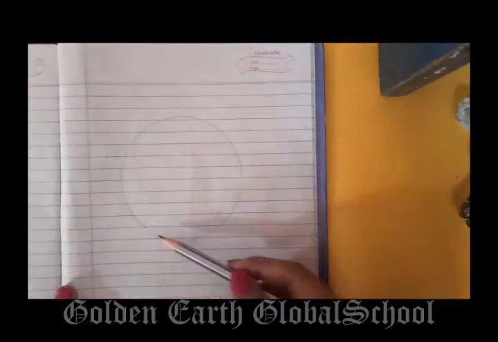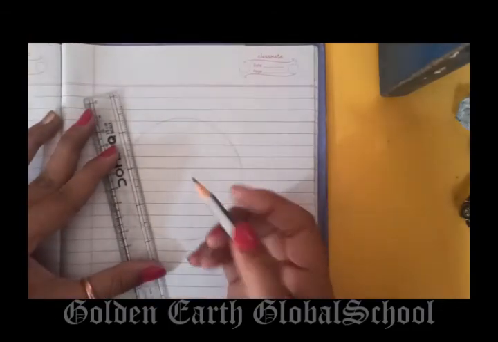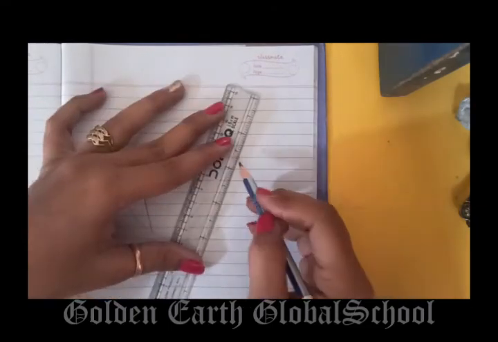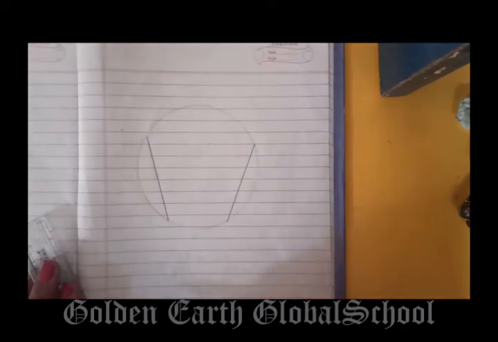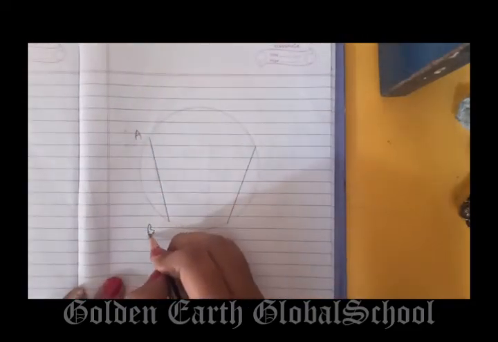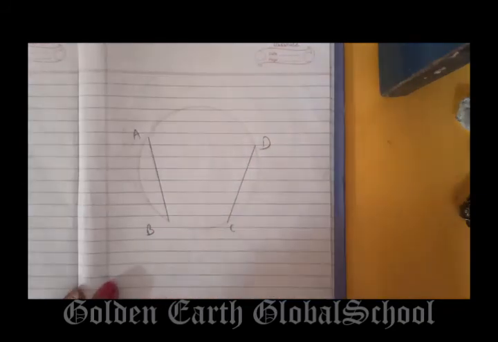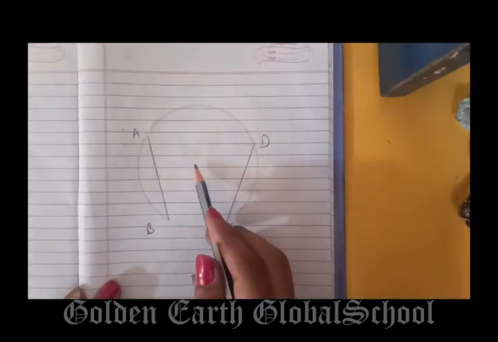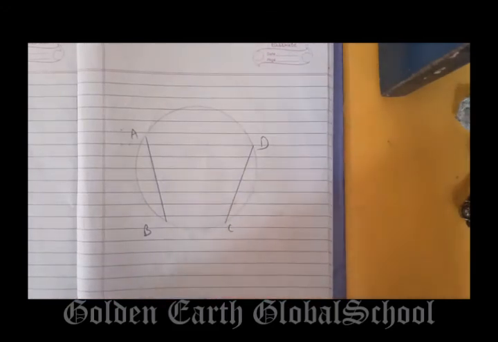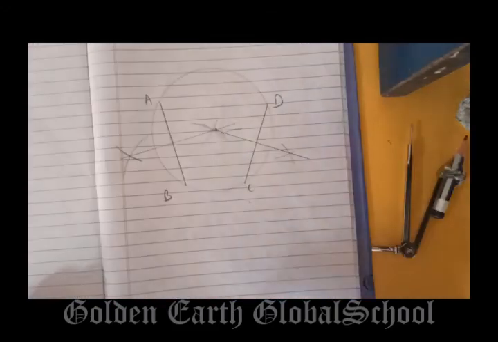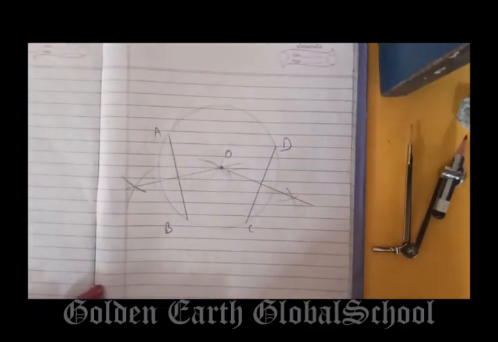Firstly draw any circle with the help of the bangle. Then you have to draw two chords. Any chords. One is here, one is here. These can be of equal or unequal length, it doesn't matter. Let them be AB and CD. Now draw the perpendicular bisector of AB and CD. The perpendicular bisectors of both the chords meet at a point in the circle, which is your center. Draw the perpendicular bisectors which intersect at a point. This is the center of the circle.